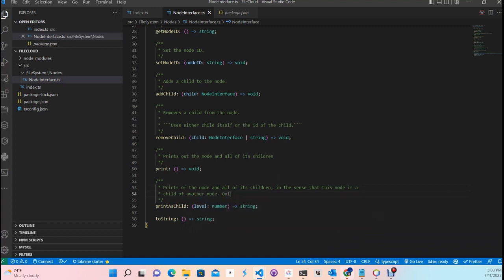Only a node type should implement this method. Let's put that in code sign. Should implement this method. Alright, and then